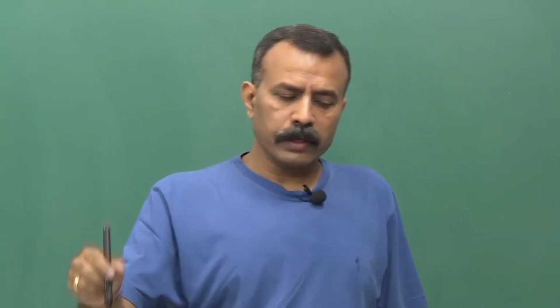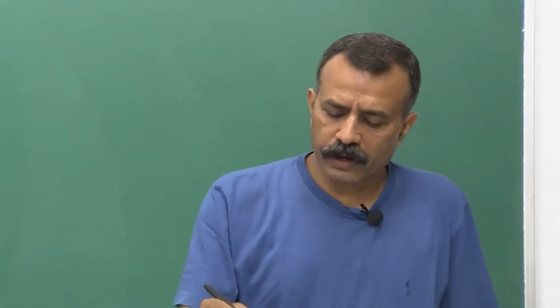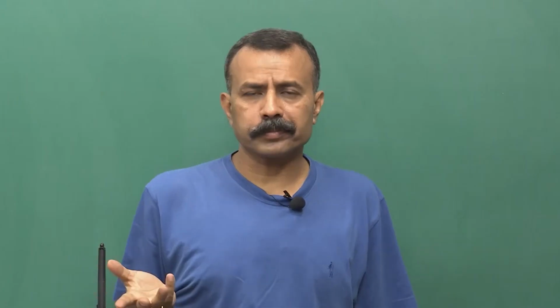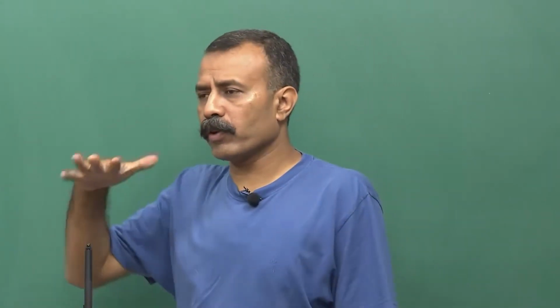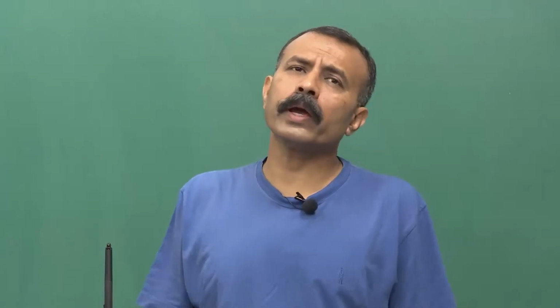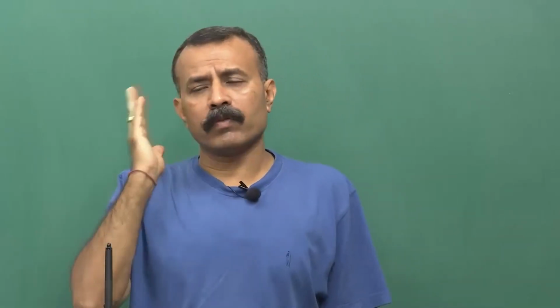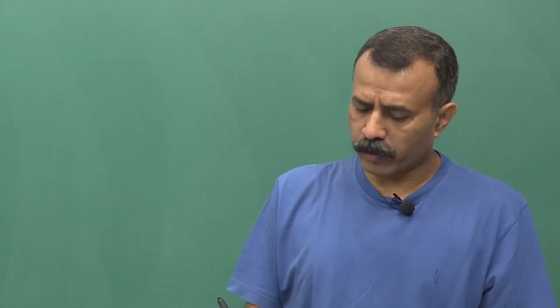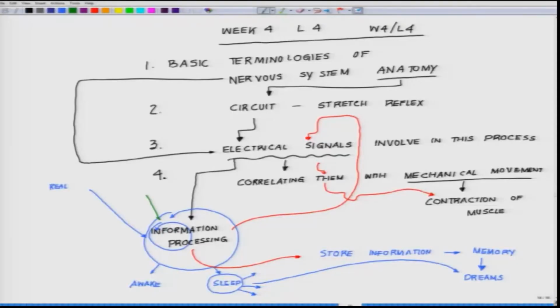So, it means some way or other at different levels, first of all, any information we get, for example, we get information of light, we get information of pressure, we get information of touch, we get information of vibration, we get thermal information. Step 1 of information processing, what we mentioned, you remember, the information processing that we talked about in week 4, lecture 4.